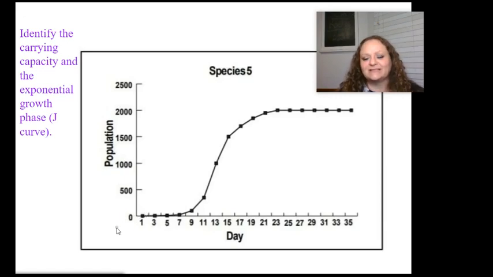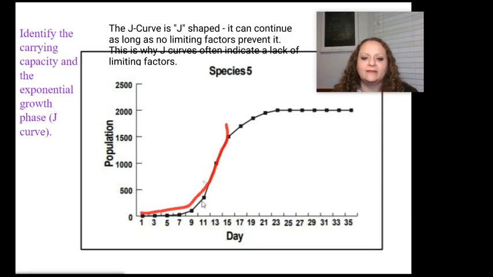As you see here, this is just an example of what a population growth curve might look like. So we start off down here, we're looking at days instead of years, which is fine. We can do that. And our population starts off pretty low, right at 0. As we see over time, the population starts to increase slowly at first, and then the population gets very large very fast. This section right here is referred to as the J curve. This is our exponential growth.